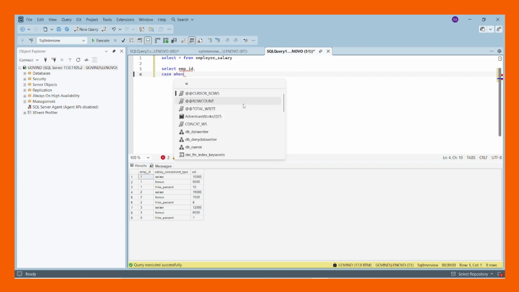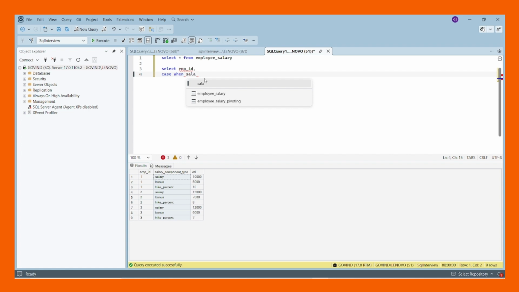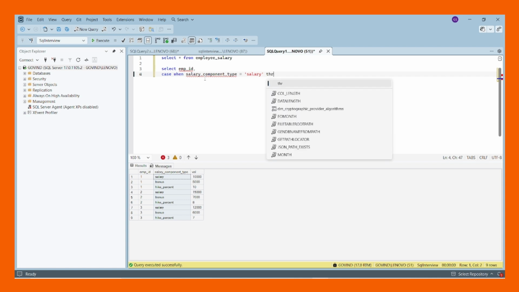So case when salary component type is equal to salary, then value. And that's it. And I can give here the column name, which is salary,